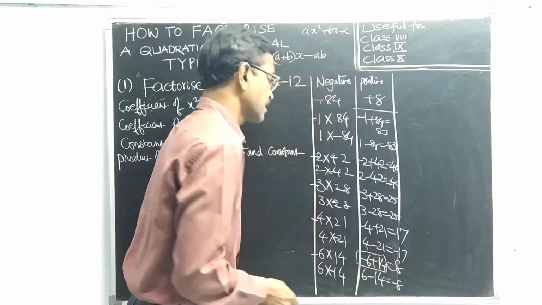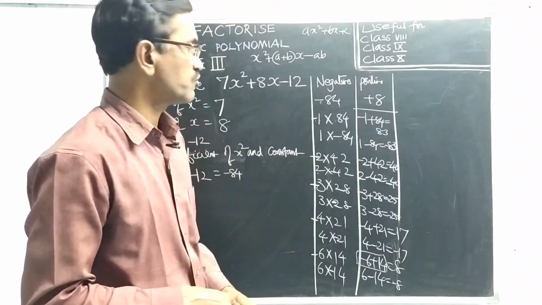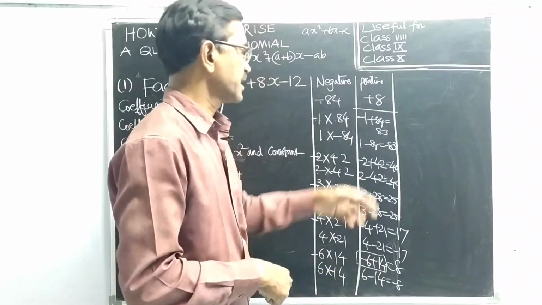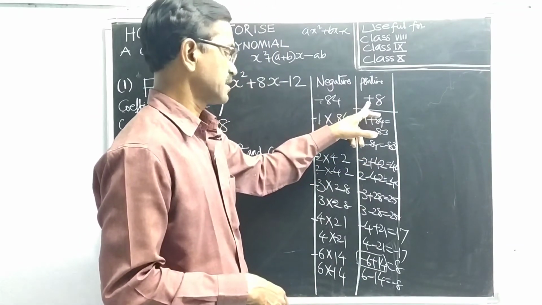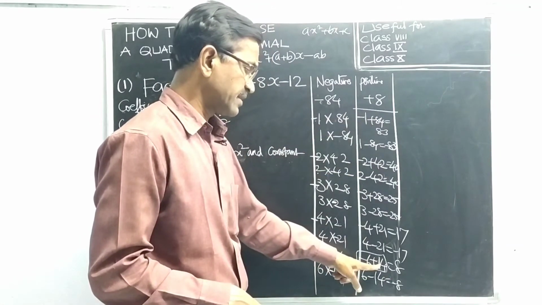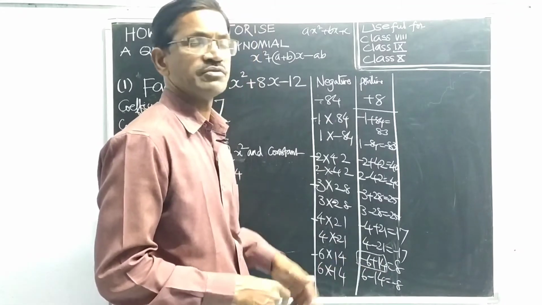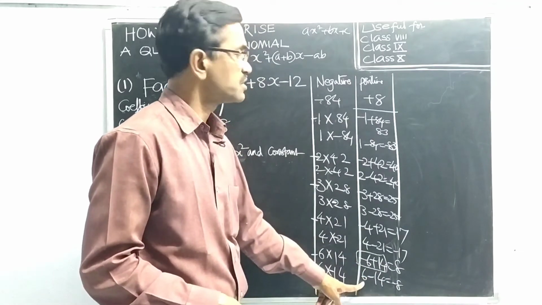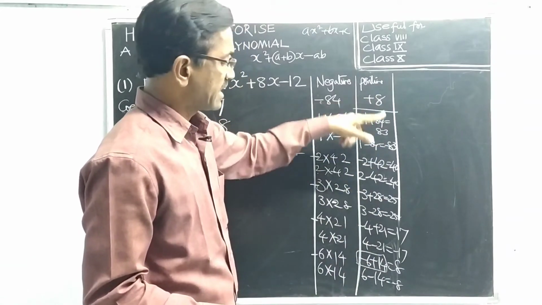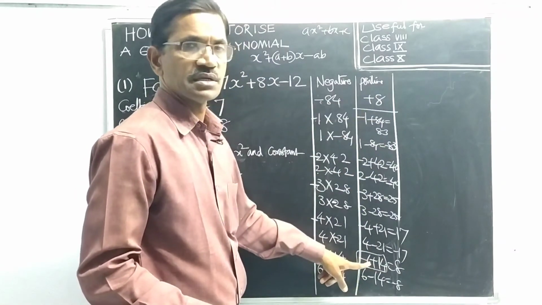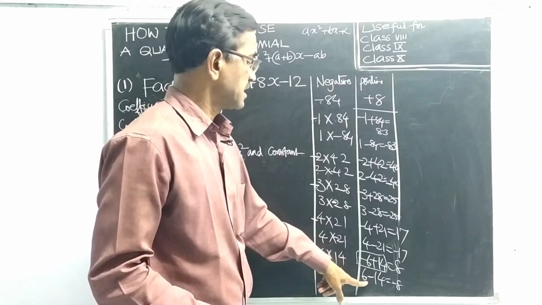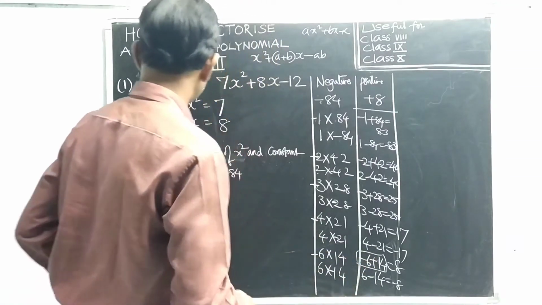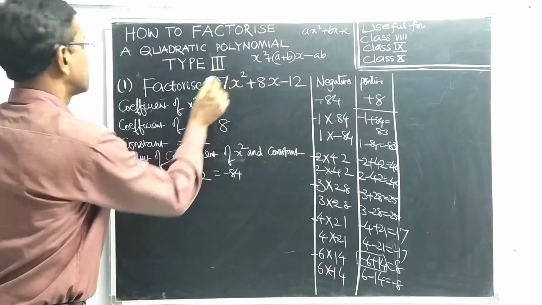So here I will give a trick to select this one. Here a positive number is there. So the bigger number is positive, the smaller number is negative. Here the bigger number is negative, the smaller number is positive. If a positive number is there, you have to select the positive one and you should not select the negative one. So you should take this one and let us write.